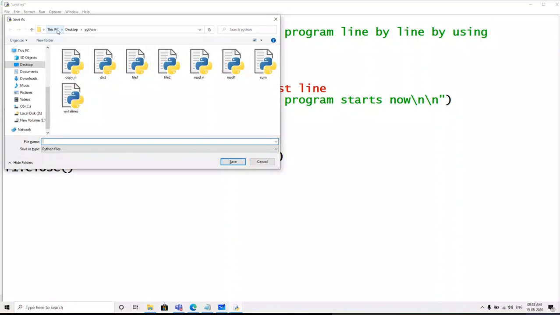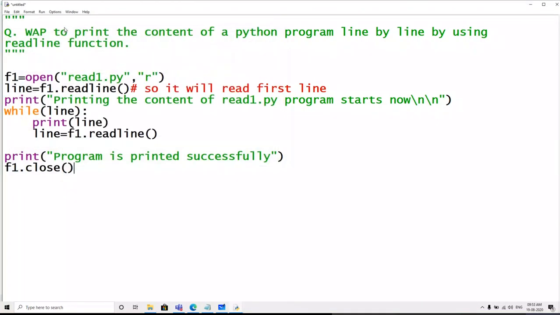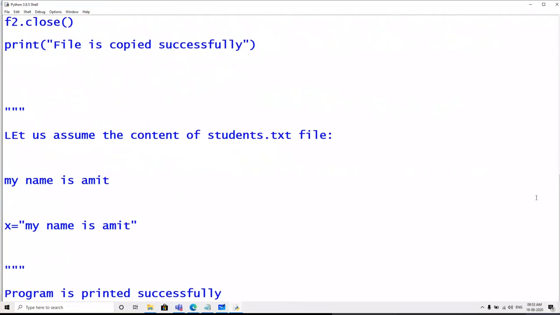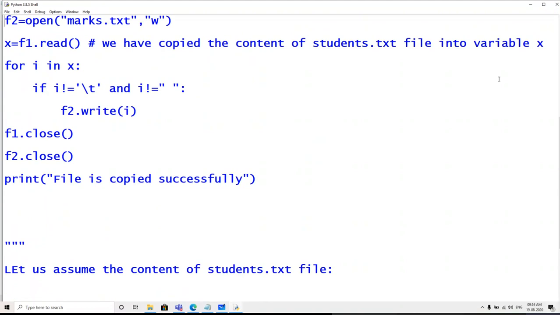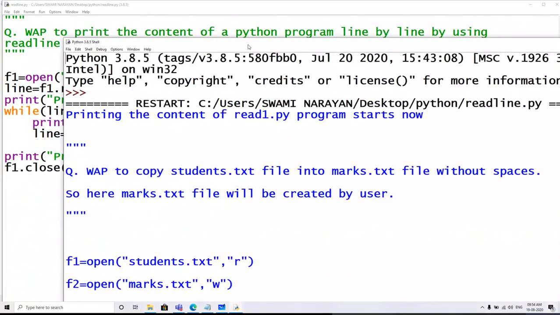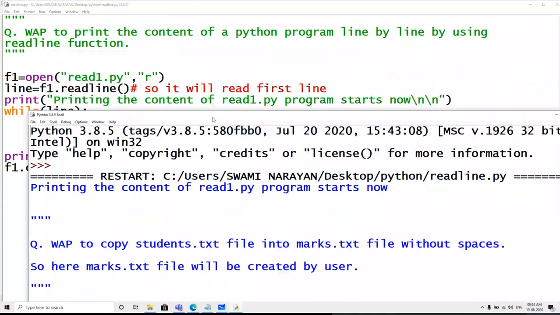Let's run it. Name of the program is read line. Let's see the magic. But one thing is happening here. You can see what exactly is happening in this program. Printing the contents of read1.py program starts now. That's okay, that you have given two backslash n.